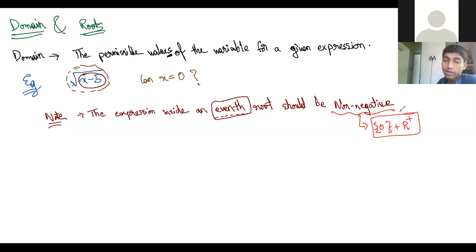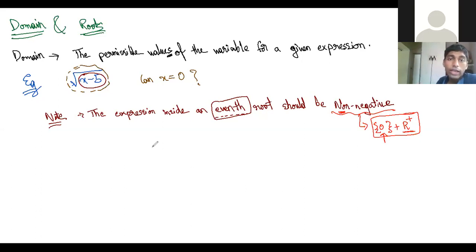This is non-negative. There is a fine difference between positive and non-negative. When you say non-negative, the emphasis is on saying that it is not negative, which means it can be anything other than a negative number. So it can be 0 also. But when you say it is positive, that means it is just positive. It cannot be 0 either. So that's why the word non-negative has a different meaning and you should be very cautious.